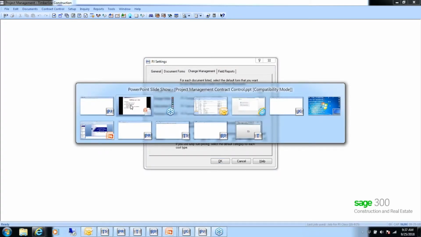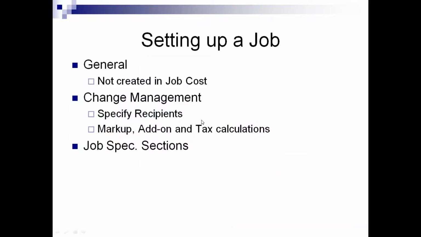Now, as far as setting up a job within project management, you need to make sure that you've got the information set up inside project management under Setup Job to get to some of these fields. These things are not available in JC when you go in and create a job. You need to come back into project management or initially create the job in project management in order to see